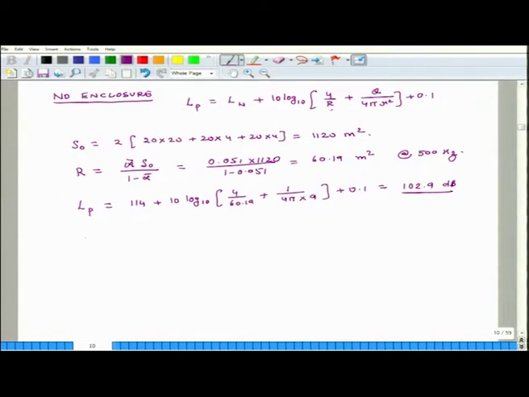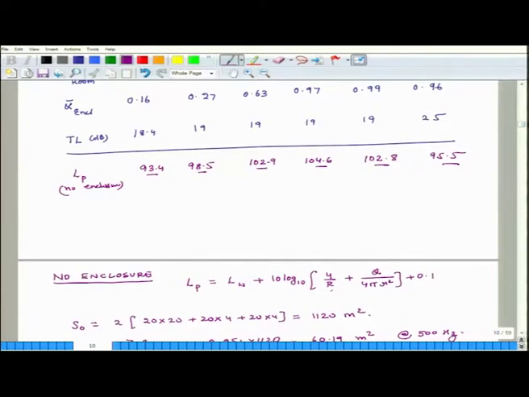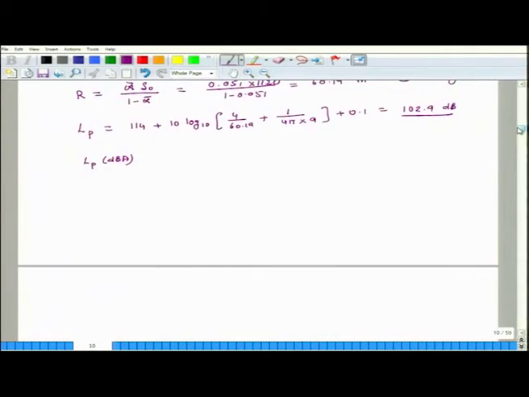And if I have to find the overall sound pressure level in dBA, then I have to do the A weighting, and we have explained how to do A weighting in our earlier classes. Again I use the same approach. For each band I first weight by certain decibels, and then add up the contributions. So, the A weighted overall sound pressure level comes out to be 108.4 dB, and this is very high.